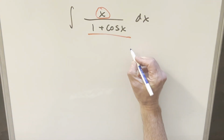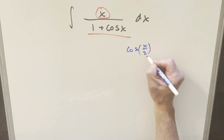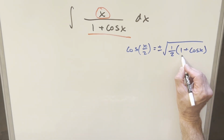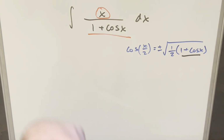What I want to do instead is look at the half angle formula for a cosine. So we can look at cosine x over 2. And the reason I want to use this formula is because we already have our denominator. We've got our 1 plus cosine x right here. All we need to do is solve for it. You can get this value a couple different ways, but because we already have this formula, it's going to be